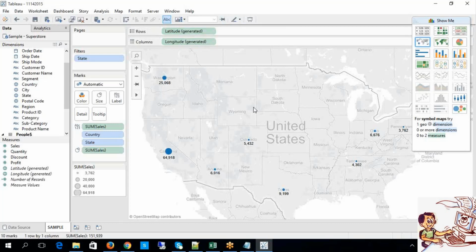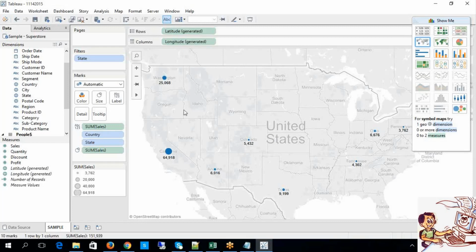And you know what, guys? You can ask me a question: what if at the source level I don't have this kind of map data? Absolutely, you cannot derive this kind of report. No doubt about it. So your source should have this kind of data. Then only the tool has the intelligence to identify what kind of nature the data is, and based upon that, it will give you the results.